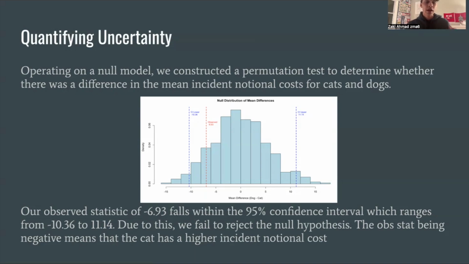So first, we were able to see that our observed statistic was negative 6.93. But we don't inherently know if this means anything without quantifying the uncertainty that surrounds our observed statistic. So we constructed a 95% confidence interval, which ranges from negative 10.36 to 11.14, which you can see with those blue bars. Our observed statistic of negative 6.93 fell within the confidence interval, which means that we fail to reject